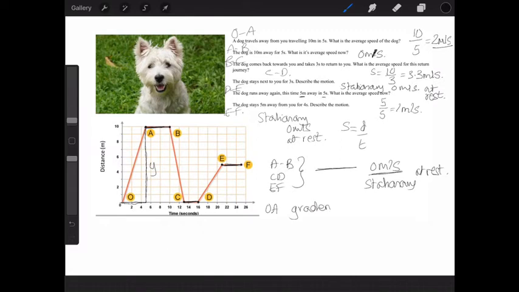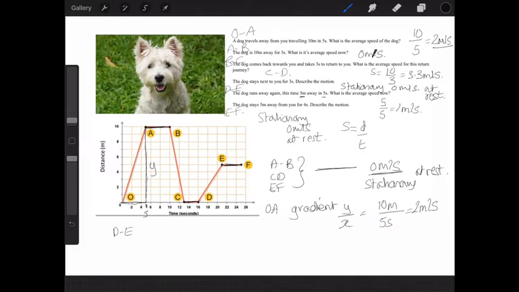It's always the y divided by the x. The y value here is worth 10 metres. The x value here is worth 5. So 2, 4, there's my 5 seconds, which is how I end up with 10 divided by 5 is 2 metres per second. If we look at D to E,